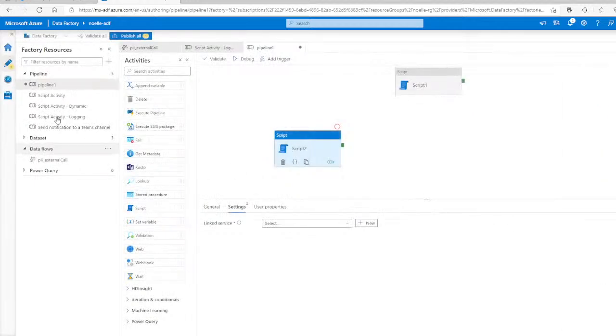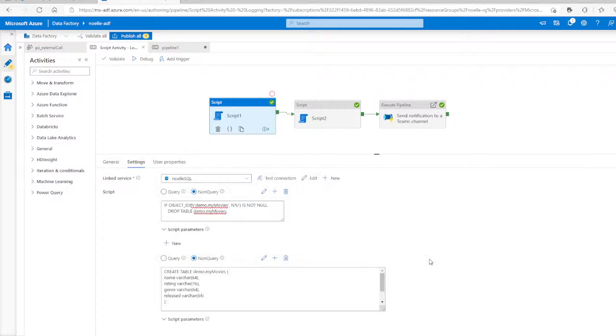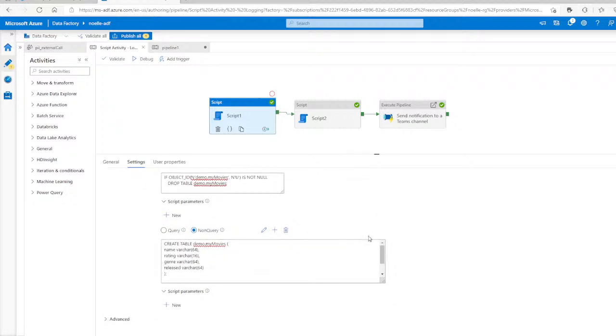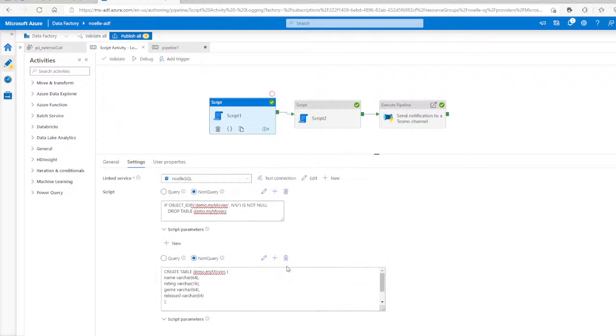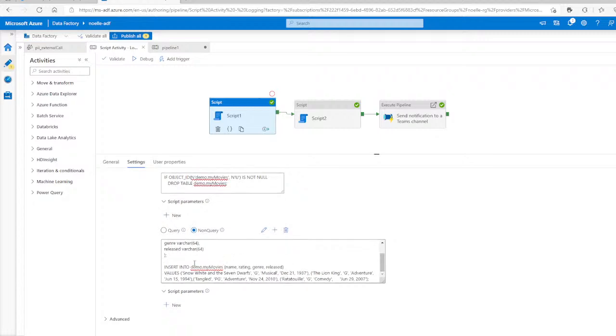Let me show you what happens when you create a pipeline. So I've got a sample pipeline for you to take a look at. With script activity, you can run queries that return information, or you can run non-queries as well. So for these two, I've got 2 non-queries to run, and I'll run them one by one. So I can create tables, I can check to see if something exists, and if it does, I can drop the table as well. I can insert into my table too,